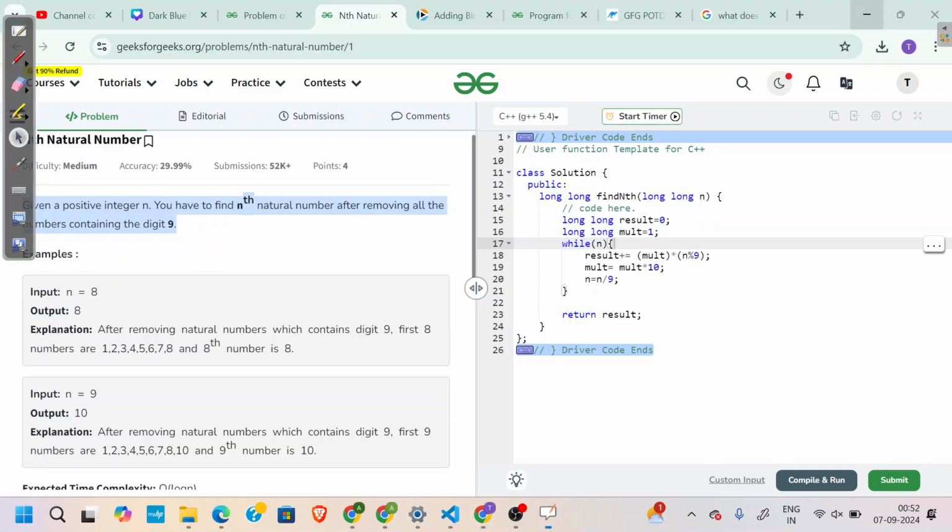So let's read the question first. Given a positive integer, you have to find the nth natural number after removing the numbers containing digit 9. Okay,